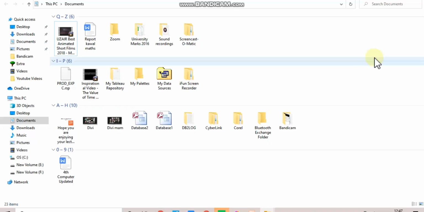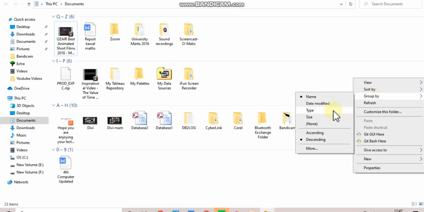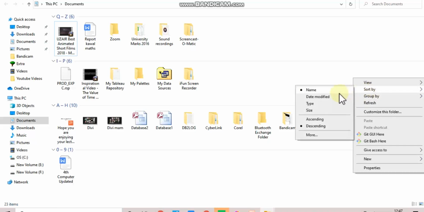Again I am back on my Windows Explorer. This is Windows Explorer, right, where our documents, or you call it as document file. So you do right click, you get an option group by. When you click on group by, you get the option name, date modified, type, size. Similarly, you get the sort by, name, date modified, type and size. So you can use these all options to get your files sorted out, right? So this is done, chapter 4 is done.